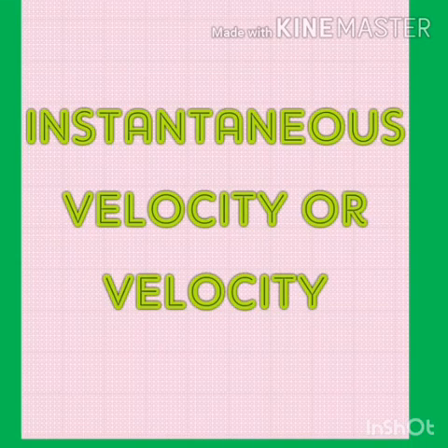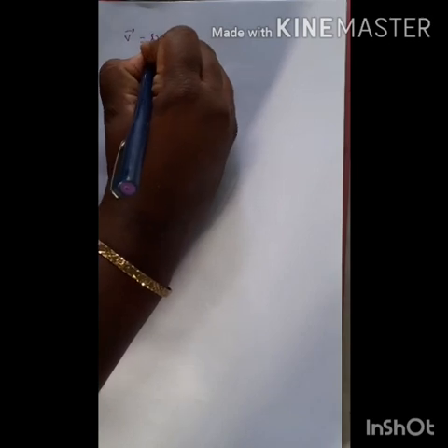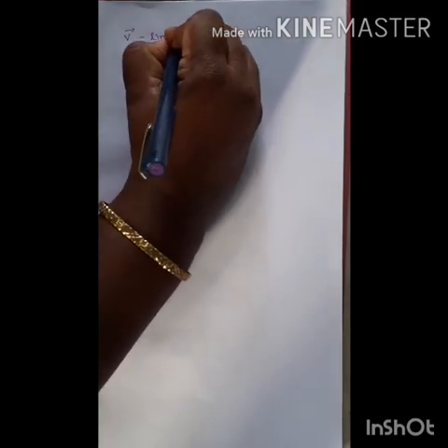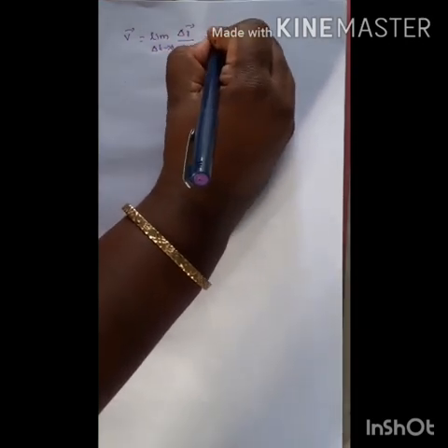The next one, instantaneous velocity or velocity. The instantaneous velocity at any instant t, or simply velocity, is defined as the limiting value of the average velocity as Δt tends to 0, evaluated at time t. Another definition of velocity is the rate of change of position vector with respect to time. Velocity is a vector quantity. v vector is equal to the limit as Δt tends to 0 of Δr vector by Δt, equal to dr vector